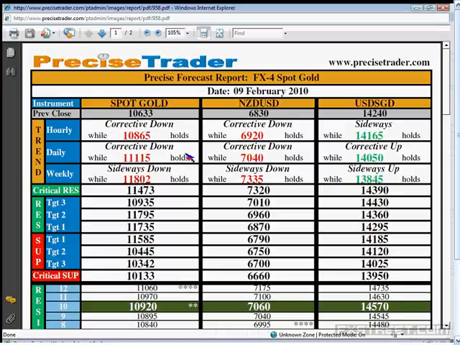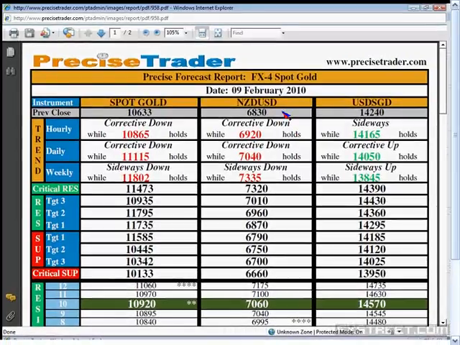I think the previous example I was talking about spot gold. So maybe now let's look at this example on this New Zealand US. Okay, so what our report does is basically it talks about numbers, right? And you must understand well, because this is a number game. Eventually this is a number game, and you should know when to trade, when not to trade, when to enter, when not to enter, and when or where to put your stop loss. All this is what makes you a better trader or a successful trader.